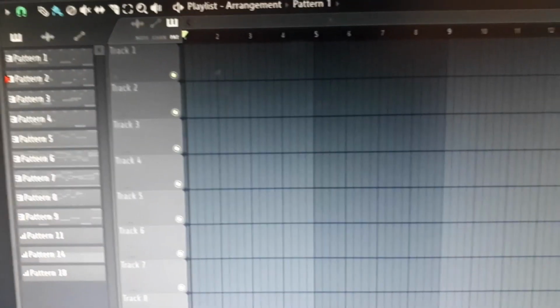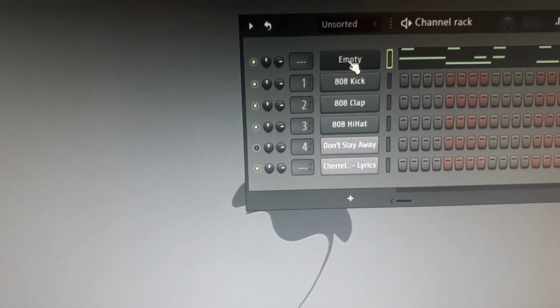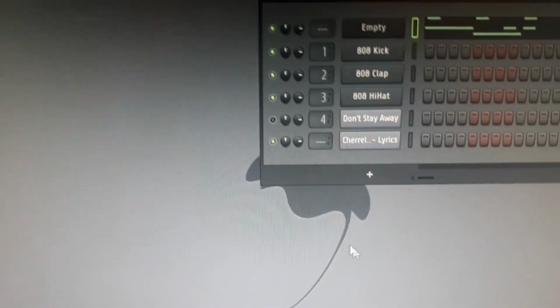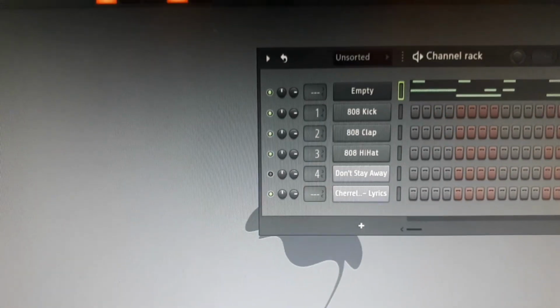You'll see there's like nothing in the playlist track. And many of the things I had here, I actually had a lot more stuff going on. A lot of stuff got deleted. So to get your file back, what you have to first do is go to your options here